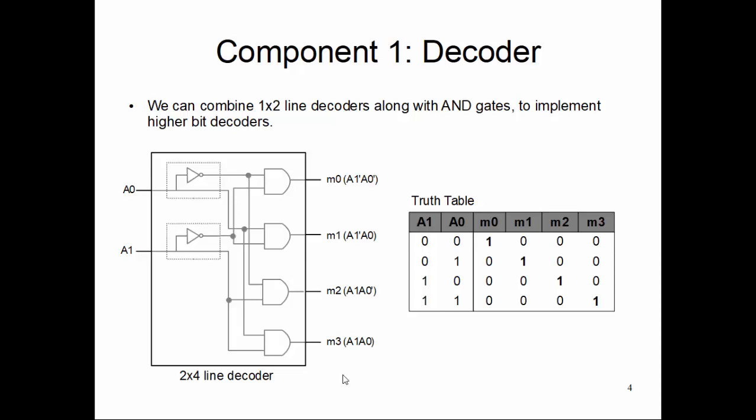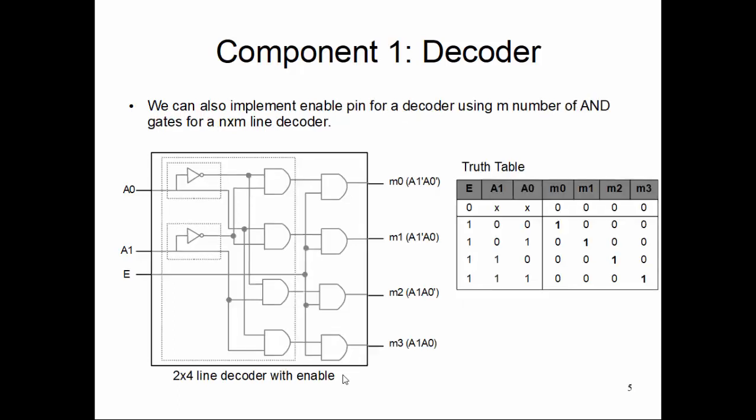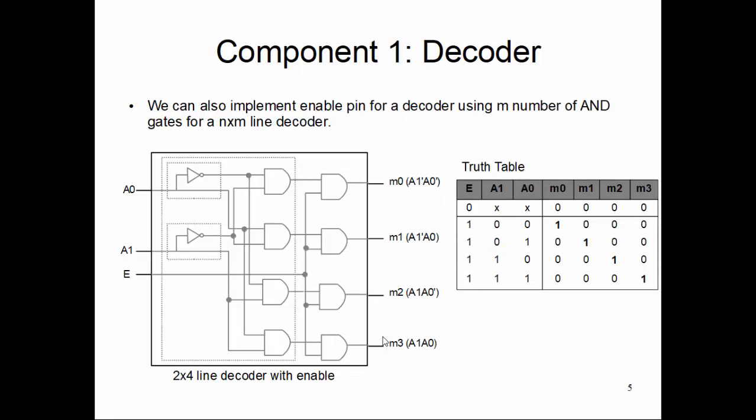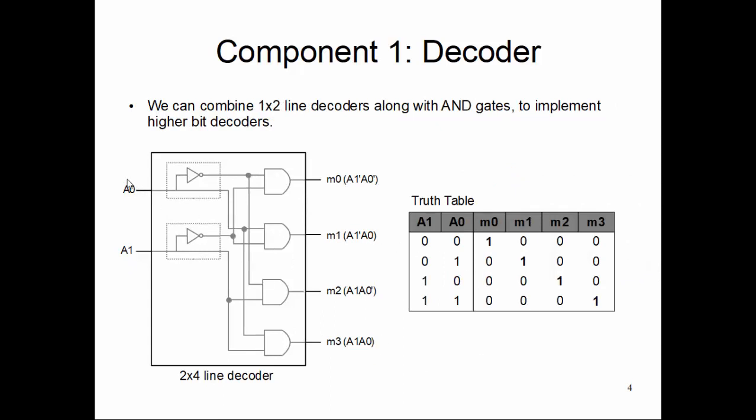Now, we construct from the previous page one special circuit with an enable mechanism. What is an enable mechanism? We see that in the previous page, given an input combination, one of the outputs is 1. We cannot turn off this circuit, in a very loose sense. I mean I cannot achieve an all zero combination. But sometimes in digital circuits it is needed to turn off the line decoder and make all outputs zero if I don't want that decoder to decode anything. So